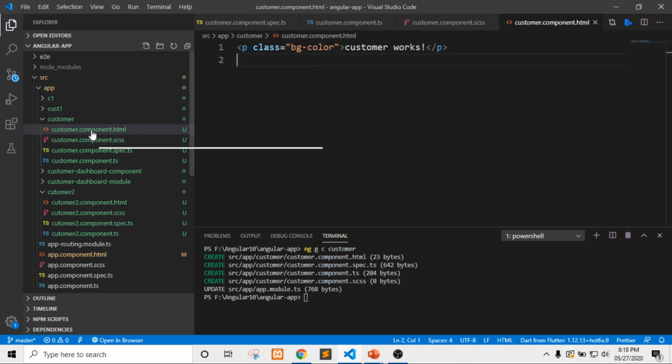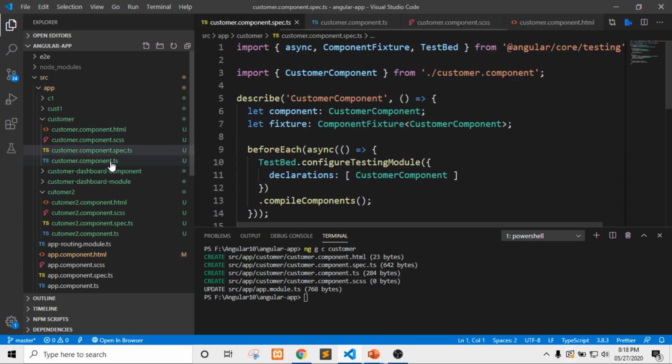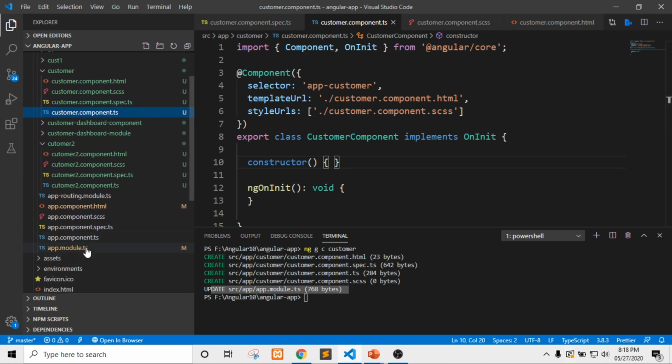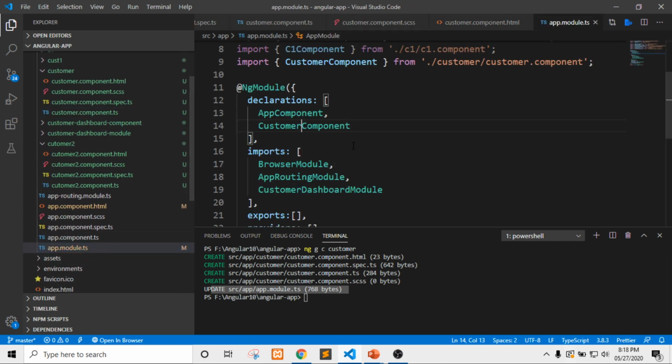By default, Angular CLI has created all 4 files: the component .ts file, HTML file, SCSS file, and spec.ts file. And the last one is the update. It has also updated app.module.ts. It has injected the dependency. If I move to the app.module.ts file, here I can see this customer component inside the declarations section.